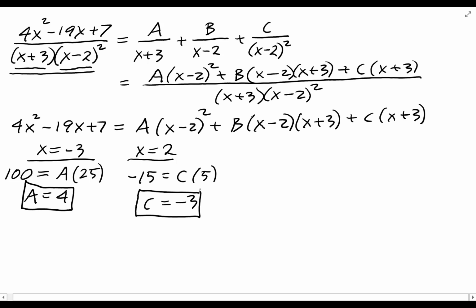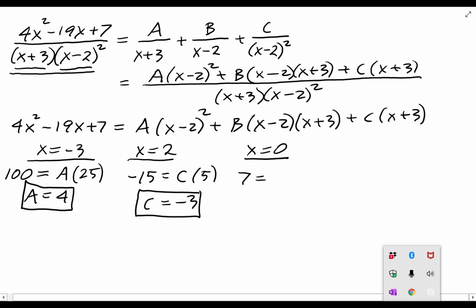Okay, now we have a problem because there's no more numbers we can plug in that are going to make these terms on the right disappear. But that's okay, because you can plug any number you want in for x. Doesn't matter. You don't have to make things disappear. So I'm going to pick the easiest number I can think of to plug in. 0. If I plug a 0 into the left-hand side, I'm going to get